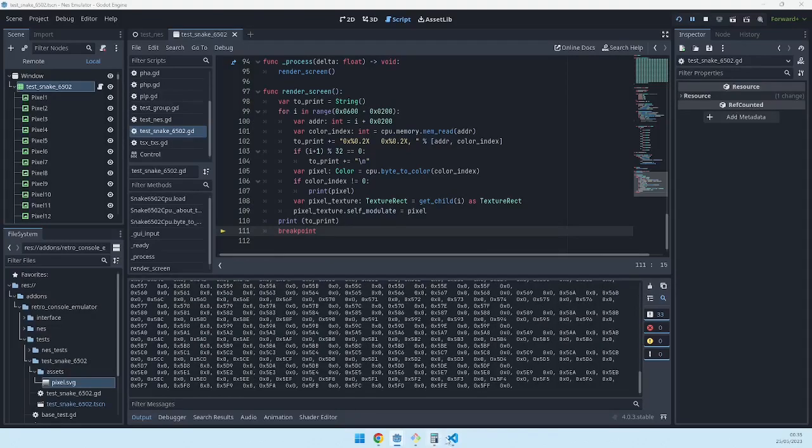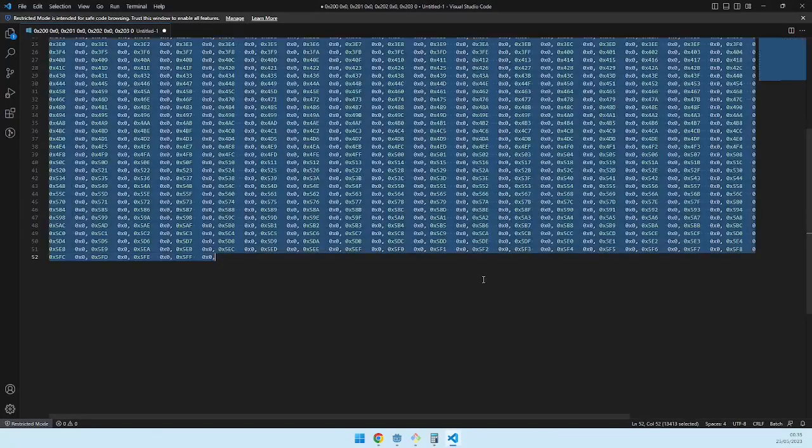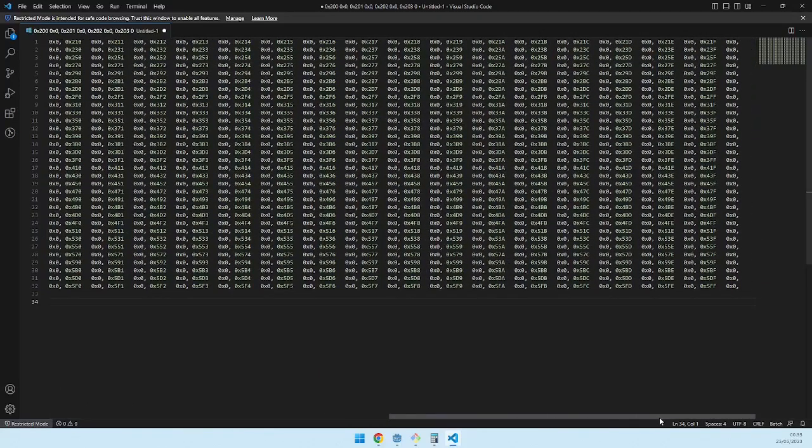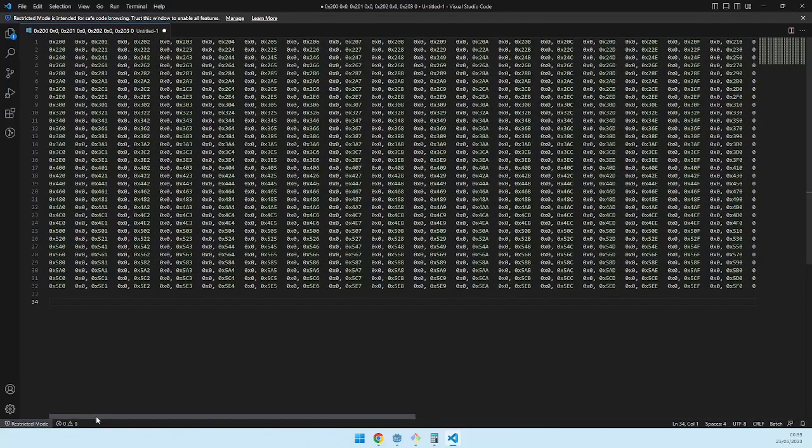Copy. Now I can come here and paste it, and now I have my screenshot, and it works exactly like what was supposed to look like according to the documentation. It simply never changes any value, so maybe